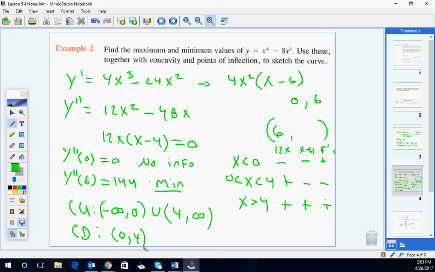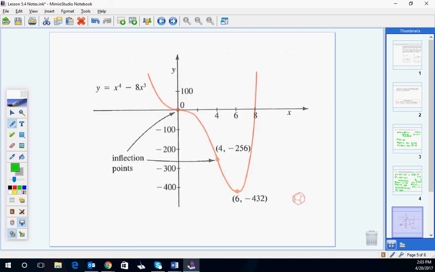So remember, we can think about a lot of things. I know it's hard to put all together right now in your head, but I think you can see that being concave up means the end behavior is going to be going up, which it is because it's even, right? So even is going to mirror itself on the ends in terms of its behavior. Okay, so here's what the picture looks like, and let's see if we can identify